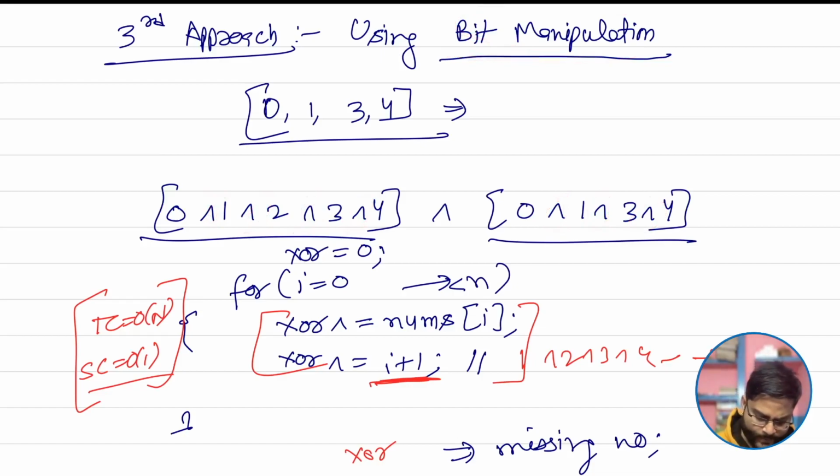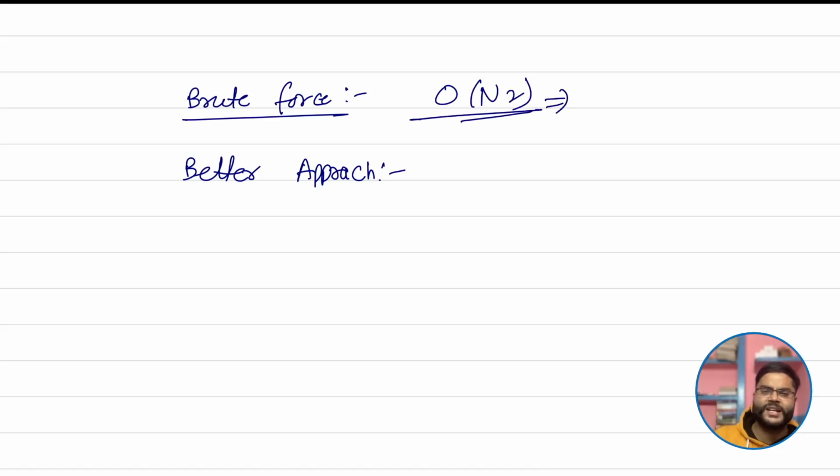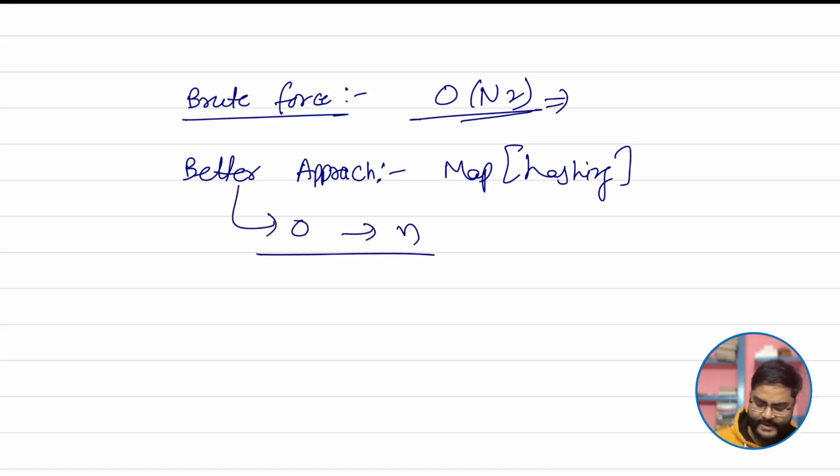Now if both are good, what can be my brute force and better? I forgot to discuss the brute force and better approach, so let's discuss it here also. What can be my brute force and better approach? You know it very well. If you want to find any brute force approach, just start with two loops. If you take two loops, just search whether this element is there or not. If that element is not there, that can be your answer. In the better approach, just try to take a map or hashing. So store all the elements in the map from 0 till n, and iterate the map. If the number count is 0, that means that is our